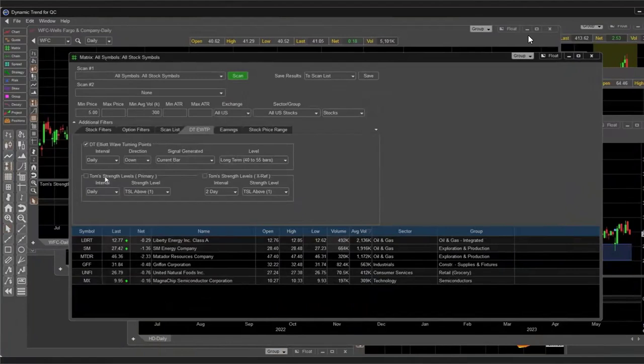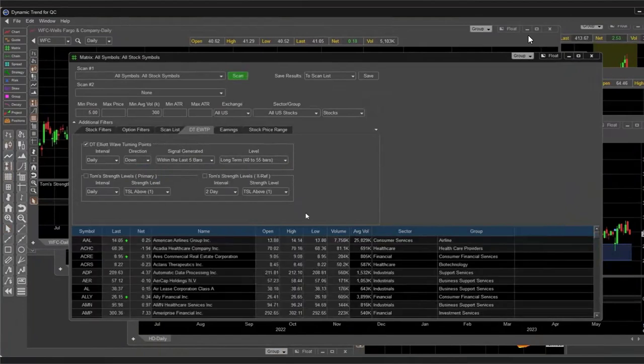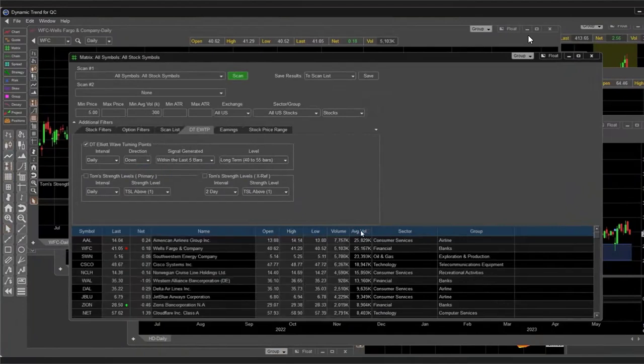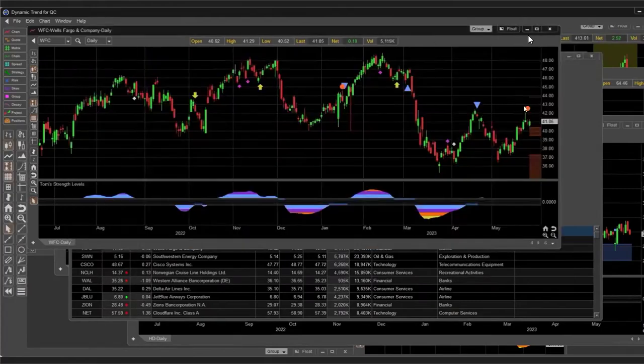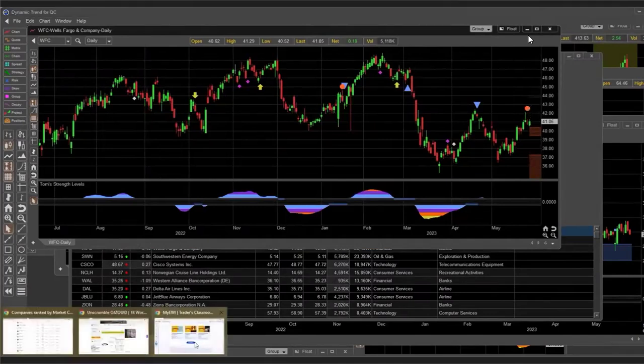This is the matrix. You pick a daily chart, you can pick up or down. You want to know when the signal goes back 5 bars, and these long-term signals are the best ones. So you just do a scan, and then it will pick out, like Wells Fargo, American Airlines, a bearish setup. Here's the chart of Wells Fargo. This red dot is a bearish signal for Wells Fargo. All right, and so anyway, back here,